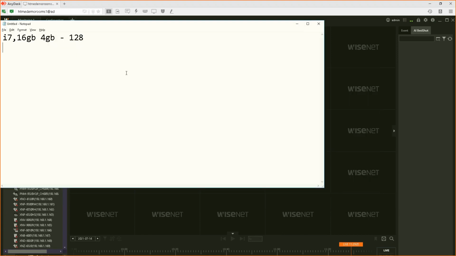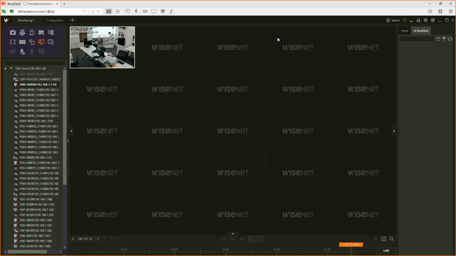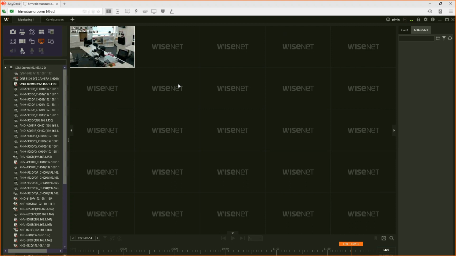What is the maximum cameras you can see? 25 or 32? That's it. You cannot go beyond this. Right, the reason why this dynamic resolution is actually a very popular feature in today's generation. The reason is we still buy i7, right? For the last 6, 7 years we're still buying i7.